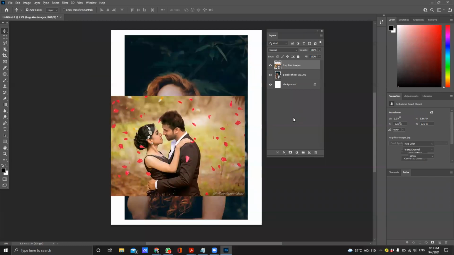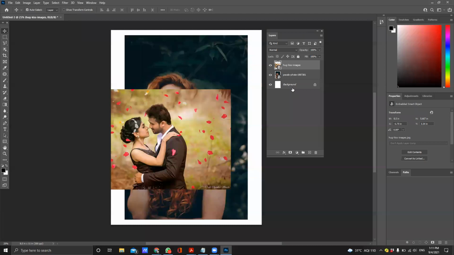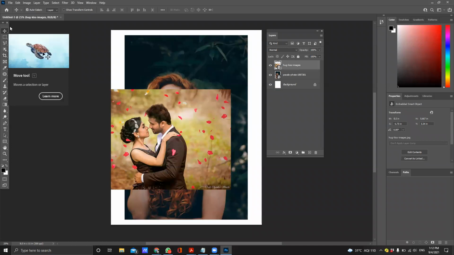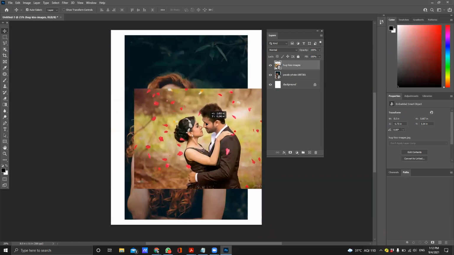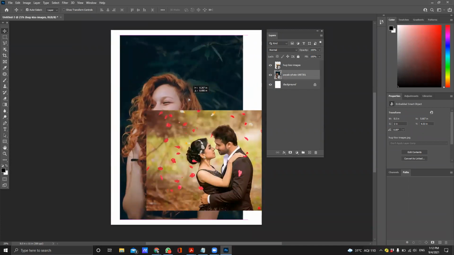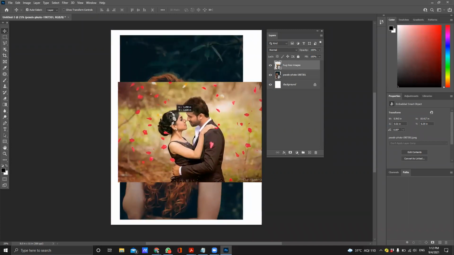Like in this page, we have a background layer, which is in white color, and then we have two images here, right? To move the images from one place to another place, you should take the move tool from here, and then make sure that auto select layer is on, and then you can just simply drag the image from one place to another place. To scale the image,